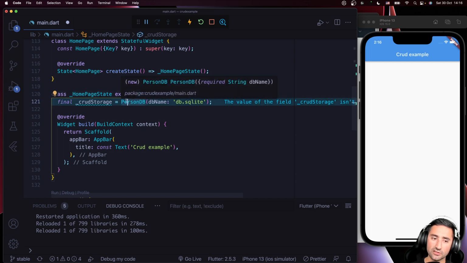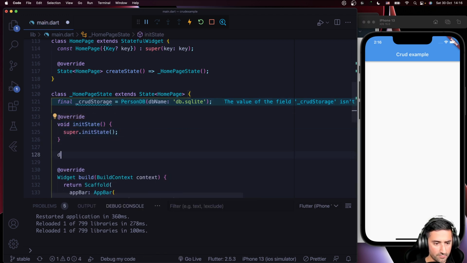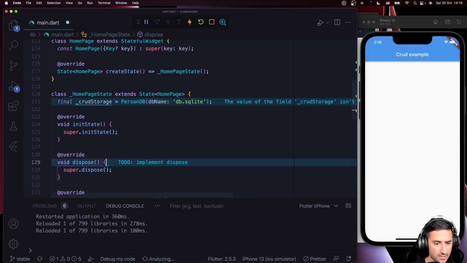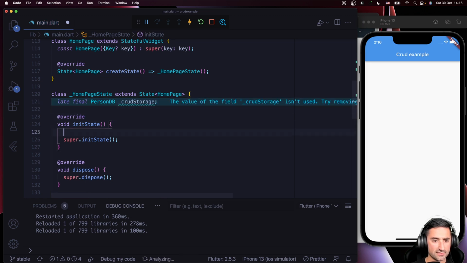initializing this widget, and also we have to close it upon it being disposed of. So let's go to our init state. Let me see, what am I doing here? Let's go to init state, and then I'm gonna place dispose in here. In init state we can actually create it maybe as well. So let's say late final PersonDB and CRUD storage. In the init state we're gonna create it. CRUD storage is that, and then we're gonna say